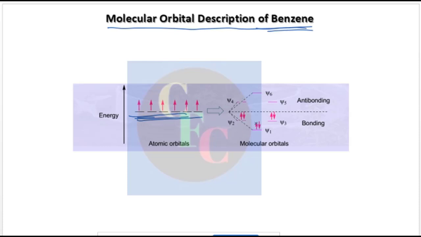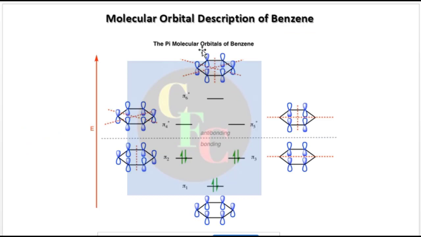Now how do I draw these energies? In cyclohexatriene we have drawn these kinds of structures, right? Psi 1, psi 2, psi 3, so different energies, all psis. Here you see both psi 2 and psi 3 are the same, psi 4 and psi 5 are the same, right? You still have 6, but it is like this. Let us first look at the molecular orbital picture here, how it looks. So here psi 1 has no nodes.